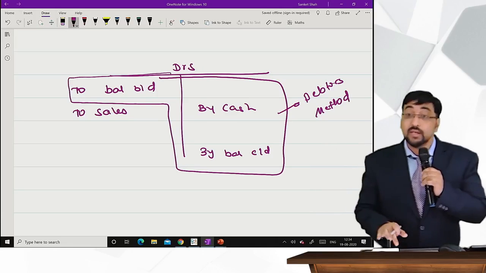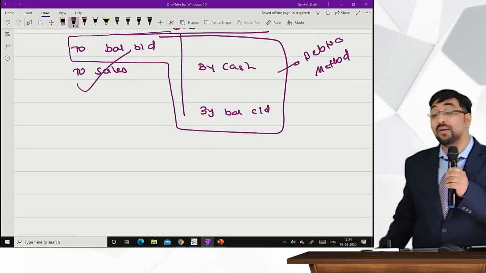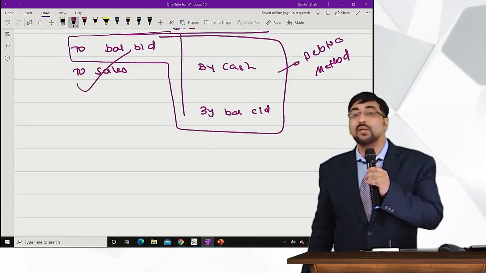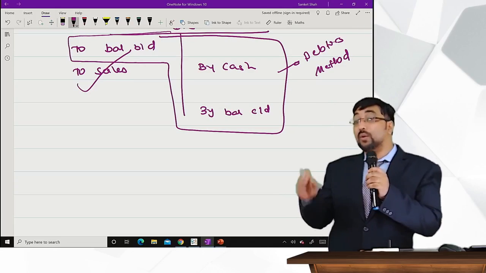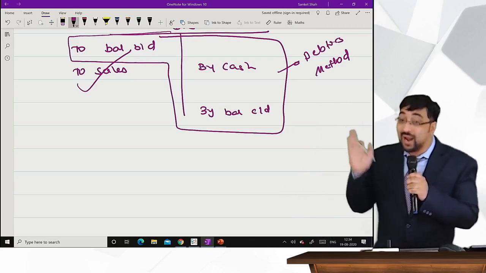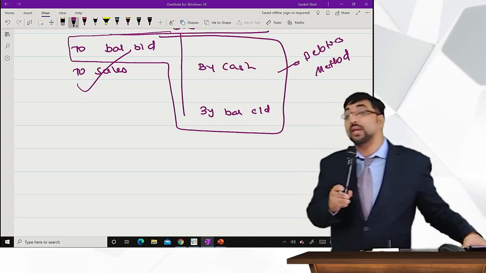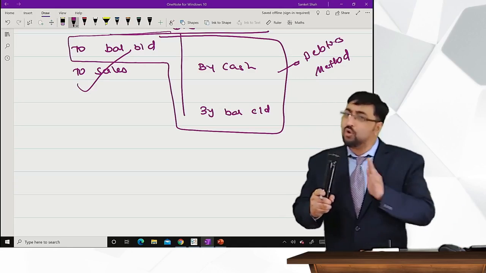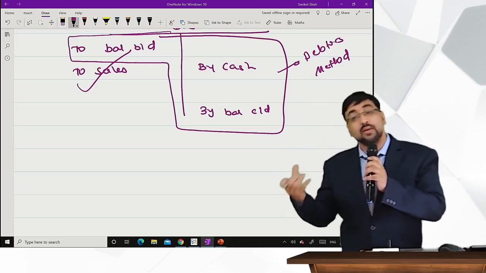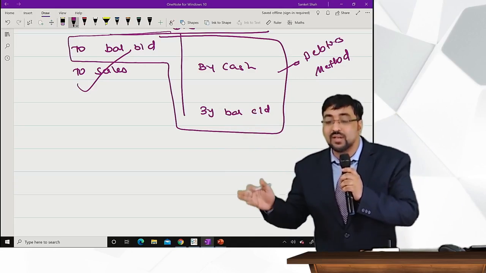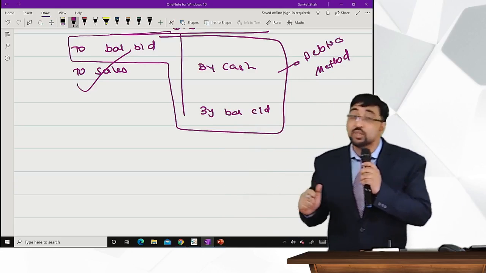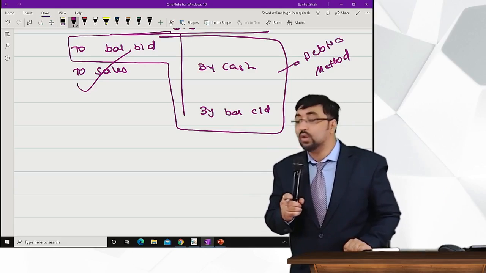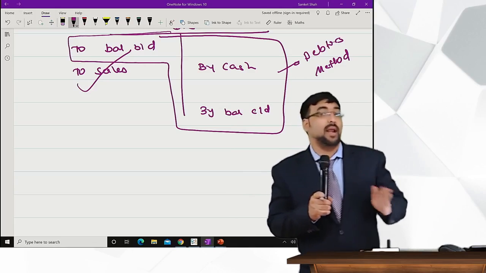But remember, in the stock and debtors method, you are interested in finding out net profit, in which you will consider sales in the branch stock account. So in the stock and debtors method, though we open the debtors account, we focus on the sales account. We write it in the gross profit calculation in the branch stock account. So you are getting the same profit. The debtors method considers opening balance, cash collection and remitted, and closing balance, and the stock and debtors method considers sales. So you are getting the same answer. This is the logic behind the debtors method and the stock and debtors method.